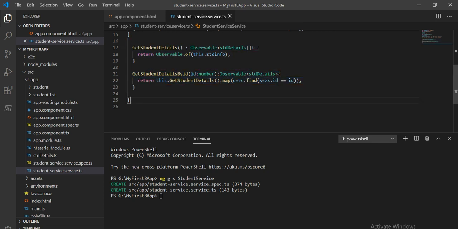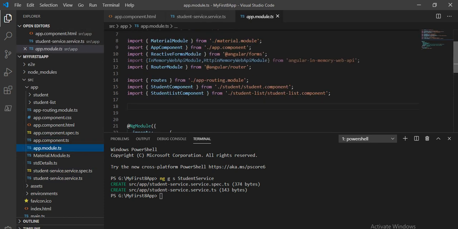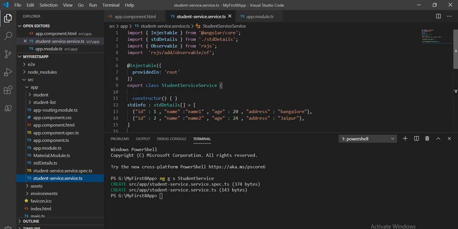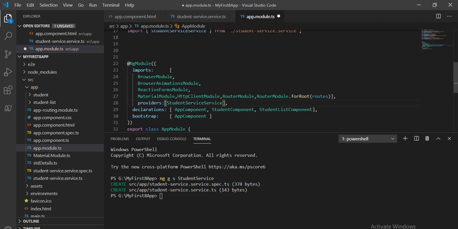Now next what we have to do, let's go to the component page. So first in the app.module.ts, what I will do here, I will take the service which we have created. So let's copy this service name from here. Go to the app.module.ts. Here we have to register it under this provider and import it. So that's the first thing. If we create any service, we have to register it under this app.module.ts. So that is done from here.